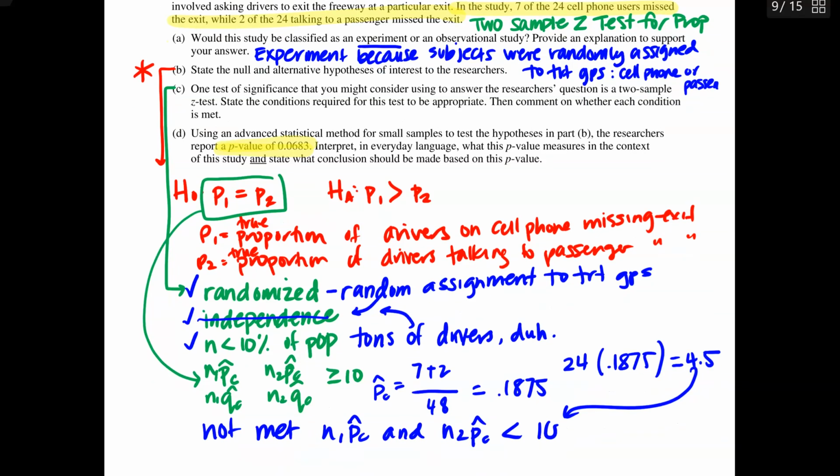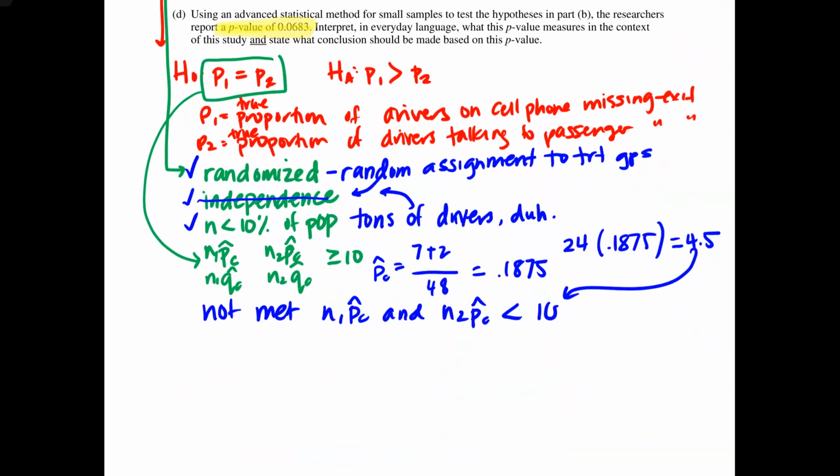Fine. And then it says, interpret in everyday language what the p-value measures in the context of the story and state the conclusion made with this p-value. So this is a hugely weighty part D. First things first, we need to state what the p-value means in context. That is something straight off that interpretations sheet. All right. So,